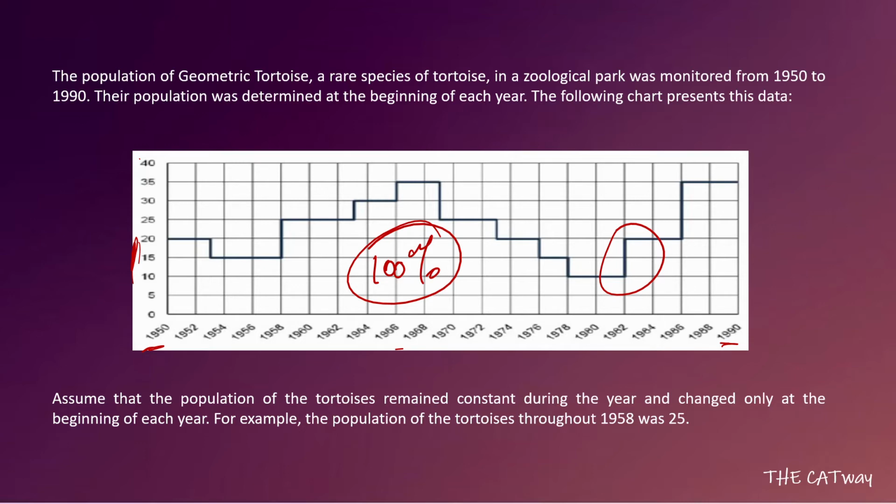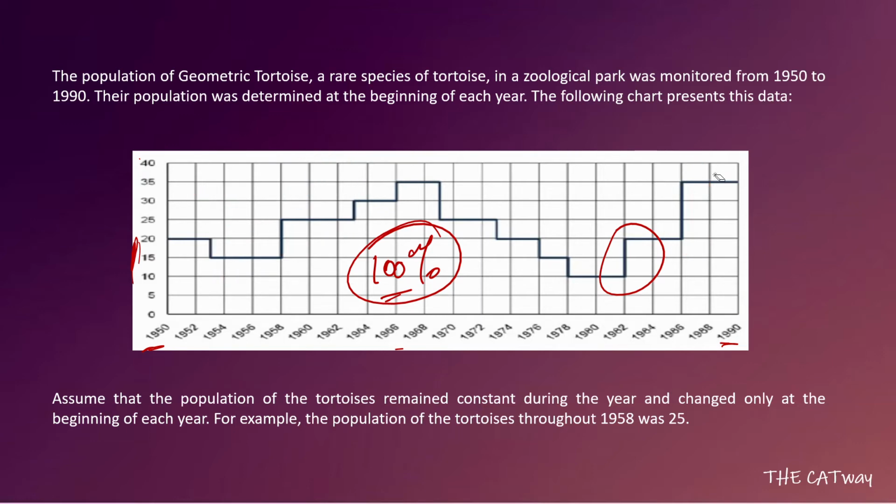After that we have one more increase. This is also a bigger increase. We have to check whatever the percentage increase. So it increased from 20 to 35. That means an increase of 15 over 20. That is a 75% increase. Okay, a 75% increase is less than a 100% increase. So we can neglect this one also.